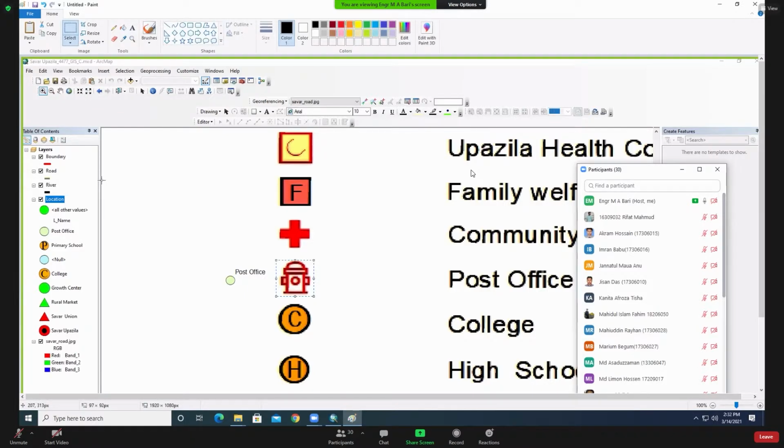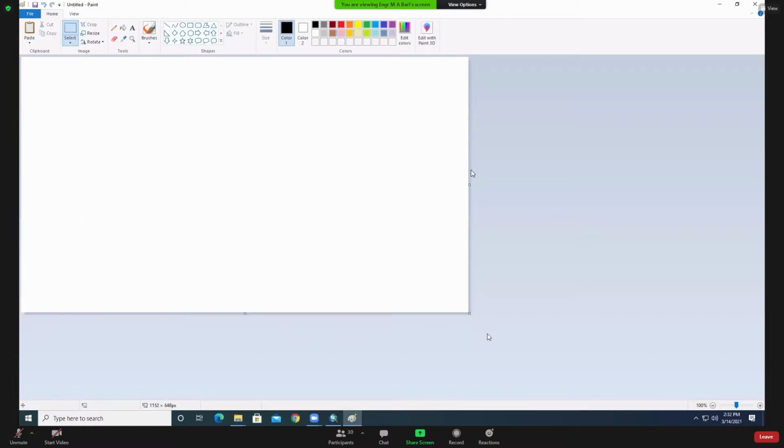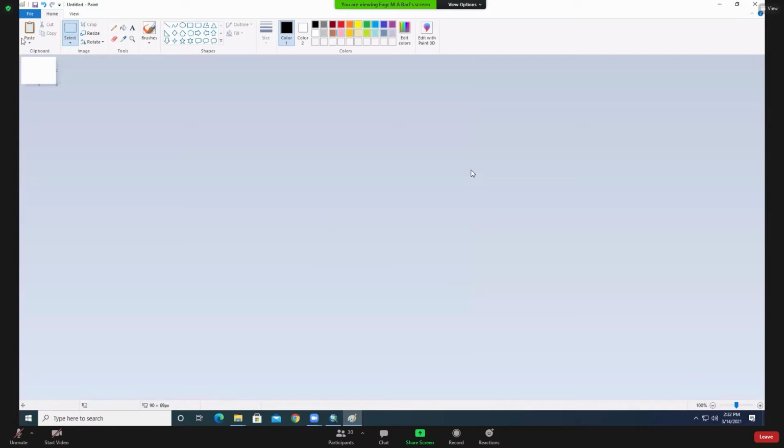Paste it. Then select from that area. Then copy. Then file and click new. Don't save it. Now you need to make it a small size and paste it. Now this is your symbol.